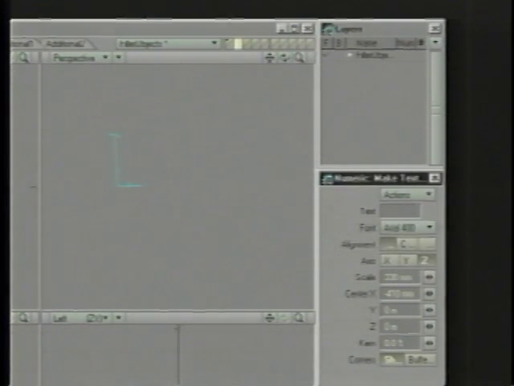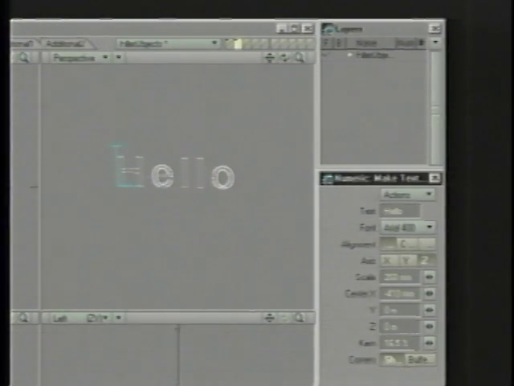If I start to type, let's go ahead and type in hello. You notice I can grab this widget here, and just like before in Lightwave, I can scale the size of the text. But now there's a little widget here that I can grab that's going to adjust the kerning automatically, which is kind of cool. You can drag that around in real time, or you can use your spinners again to do this numerically,